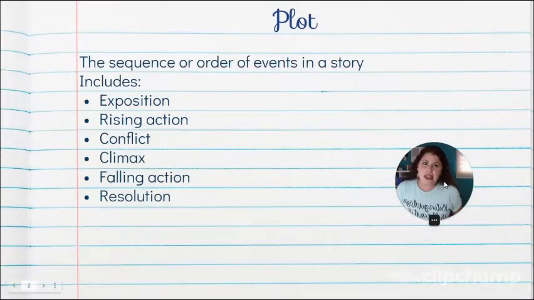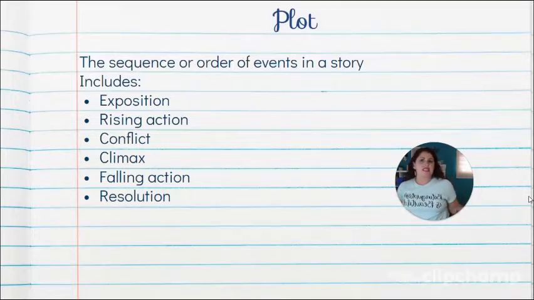Now, many of you know that stories or narratives are divided into different parts. And the first part is the plot. And the plot is basically the sequence or the order of events that occur in a story. And inside of plot, as you can see my little leaf, we have exposition, rising action, conflict, climax, falling action, and resolution. And I'm going to go inside of each one,